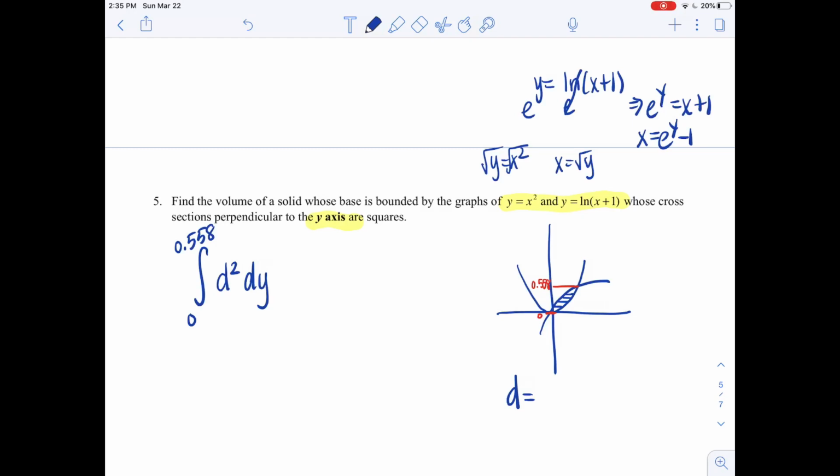Okay, so the question is, what's my upper, what's my lower? It's really what's my outer and what's my inner. Technically the one that's further on the right, which stems from x squared or square root of y, that's technically going to be the quote-unquote upper function in this situation. Minus, then obviously the other one, e to the y minus 1. And again, when you plug this in your calculator, you would have to plug those in as x's. This would definitely be a setup but do not solve, but just in case you